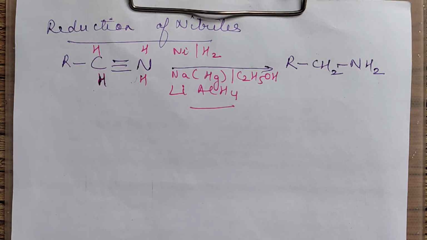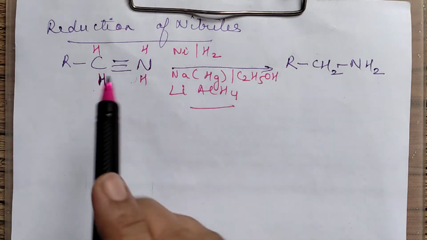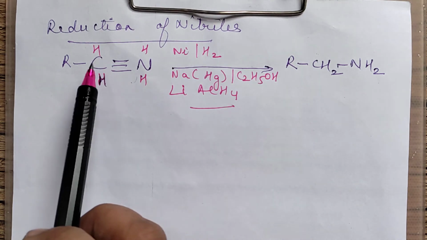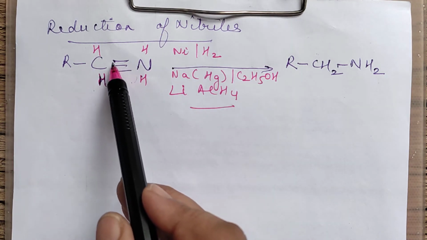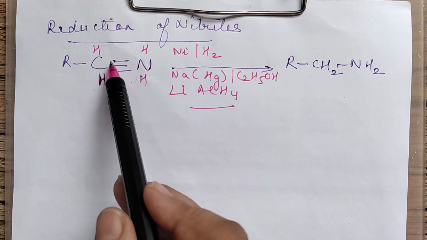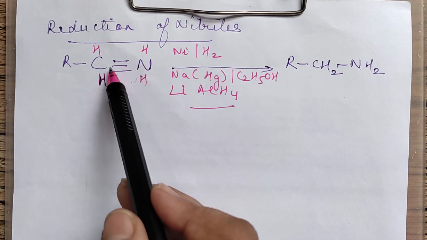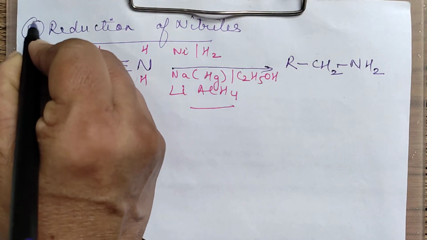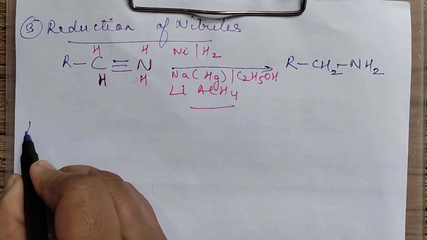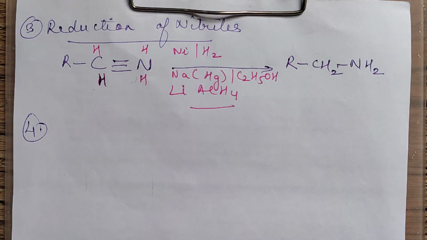So the basic idea is just that you are adding hydrogens. Wherever triple bonds are there, they will add on the triple bond. So there are two pi bonds, both the pi bonds will break, only one sigma bond will be left over, and these nitriles can be reduced to amine. Okay, this was the third method we have considered. One more method I will be considering in this session and the remaining in the next video.